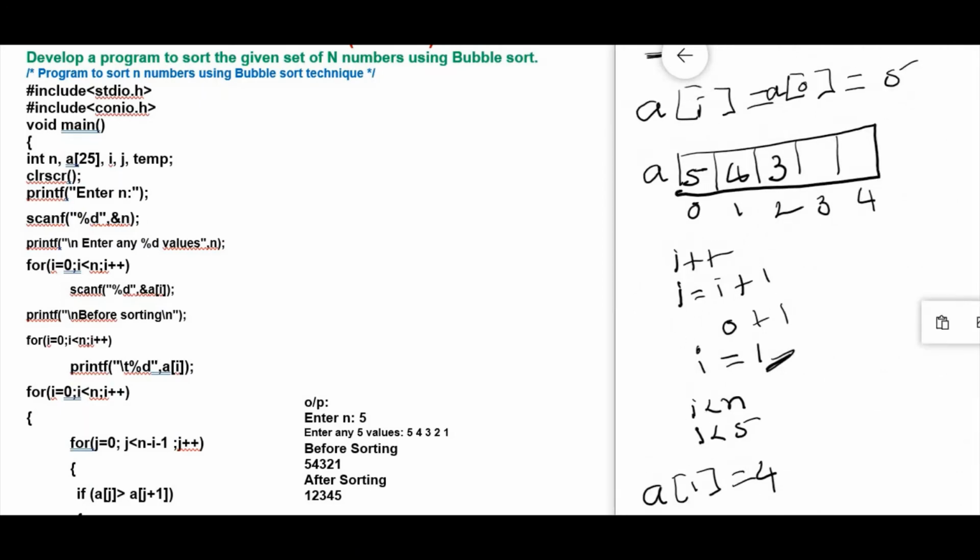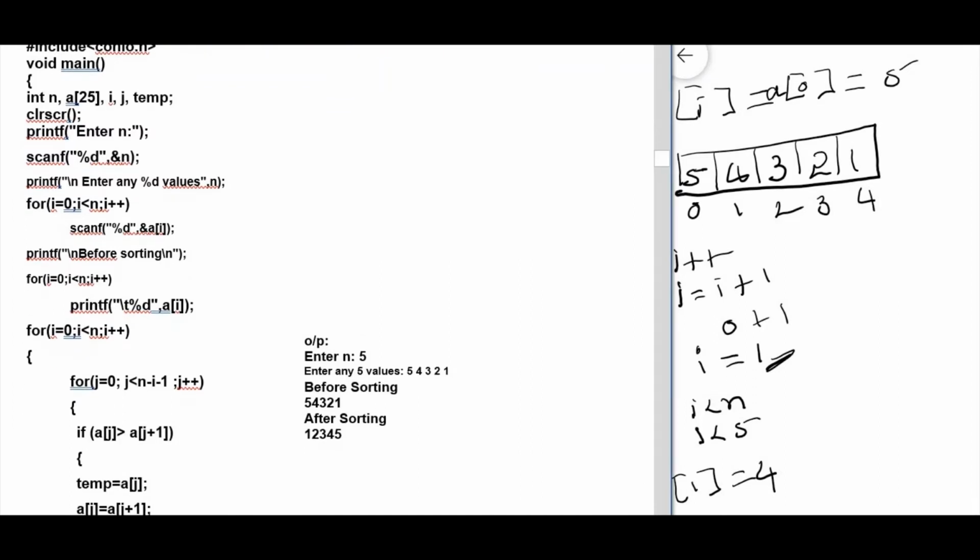So now all the values are stored into the array: 5, 4, 3, 2, 1. Fine. Now after we perform scanning, we are just printing with printf before sorting. So before sorting, whatever the values in the array were will be printed as 5, 4, 3, 2, 1. Right. Now after printing,